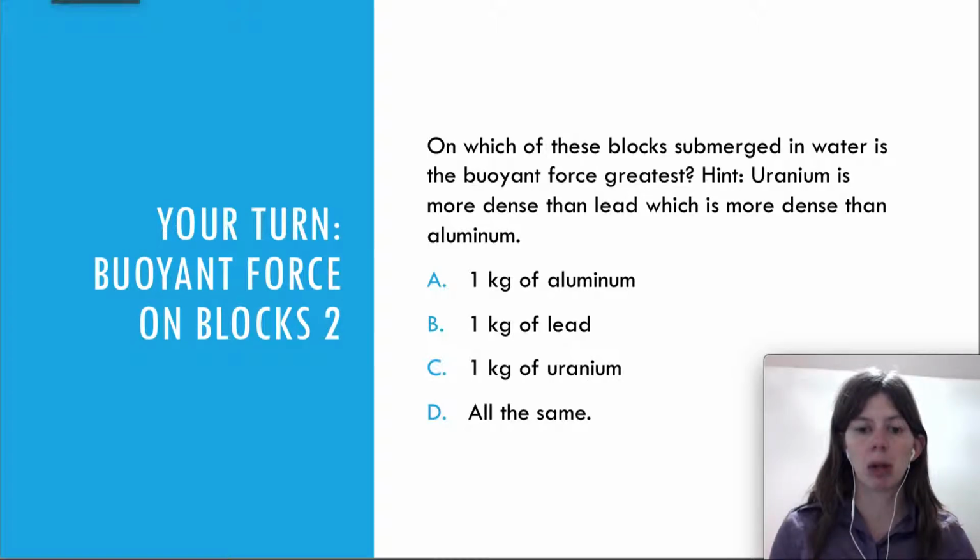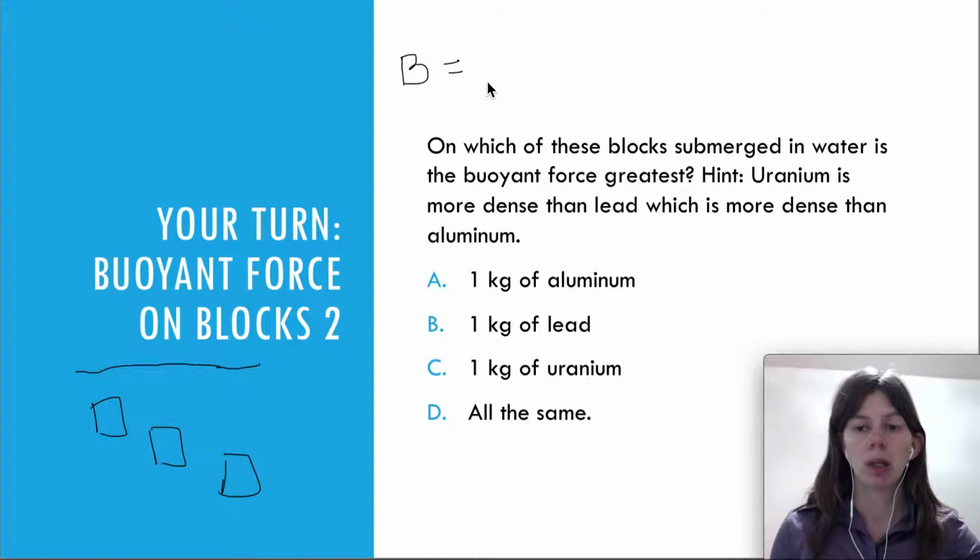We just did a problem that was very similar in a previous video where we had some blocks in some liquid and the blocks were all the same size. And we said if they're all the same size, it doesn't matter where they are in your liquid, they're all going to have the same buoyant force. And this was because Archimedes' principle told us that the buoyant force equals rho fluid V fluid g, where rho